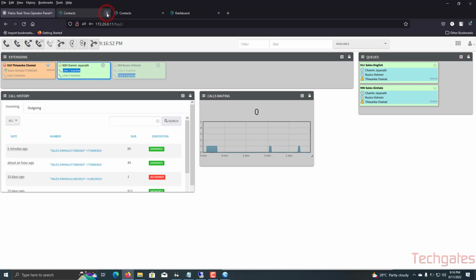So let me close these unnecessary tabs. I think it's slowing down my computer. Alright, and you click this button and click the supervise transfer. Now you can see that Chamin's extension is ringing, and the first thing is you have to speak with him. Hello Chamin, there is a call for you from this customer, and you say whatever you want to say, right? So once you've done the confirmation with him,